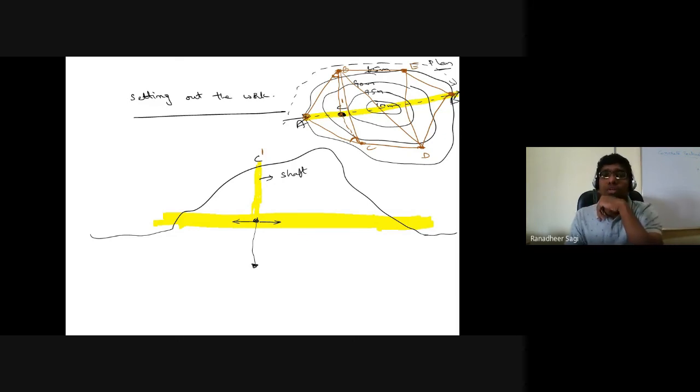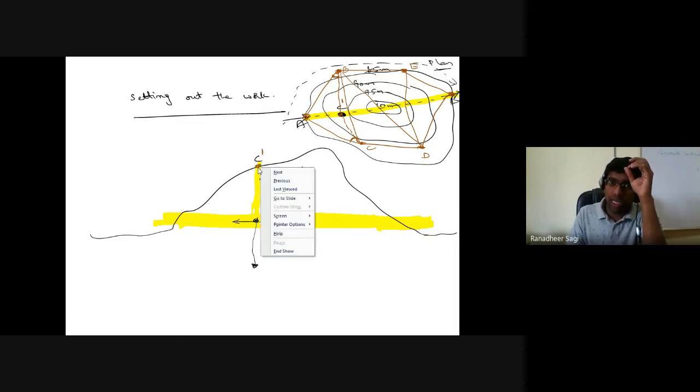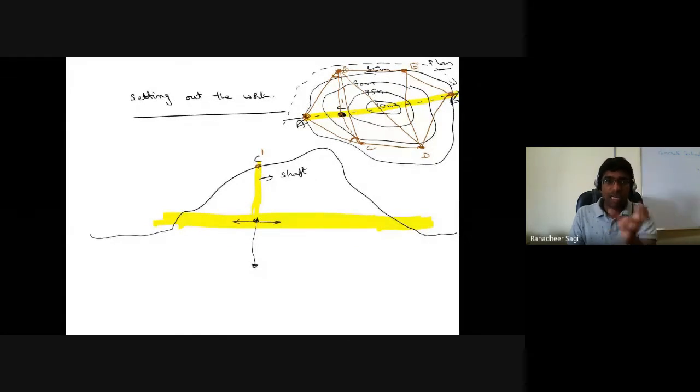Once we know this angle, then we will be able to understand the exact location, that along that particular line, the so-called C dash position is at so and so, and from that location I should make the vertical cutting into the ground, into that hilly region. Until what depth should I go on to make that vertical cutting?